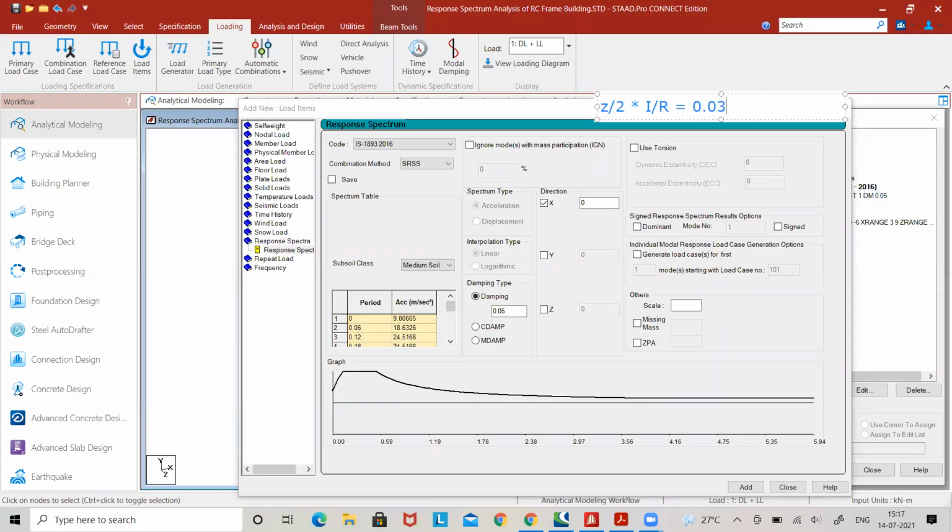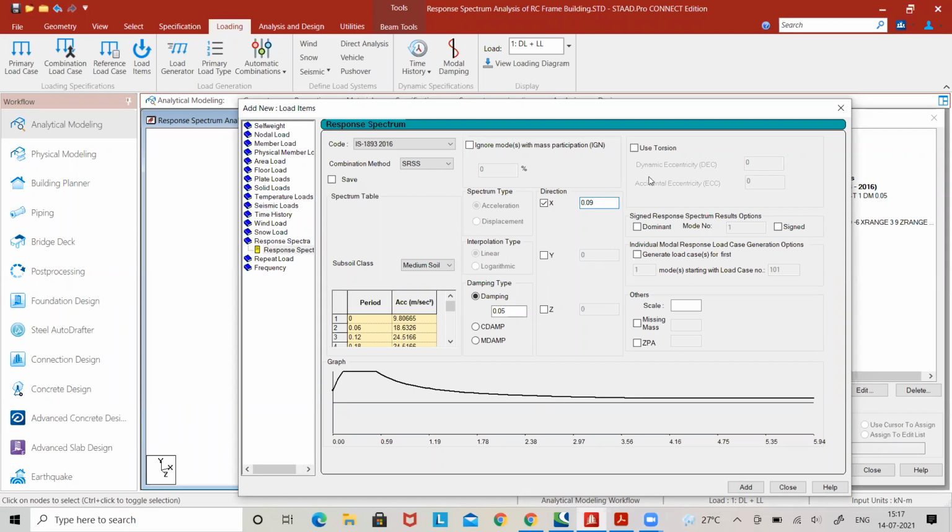Sorry, it's 0.09. I will write the values. That is Z is 0.36, into importance factor we have taken 1.5, divided by the response reduction factor, which for an ordinary moment resisting frame is 3, into 2. So it becomes 0.09. So that value we will put there, 0.09. So just add it.